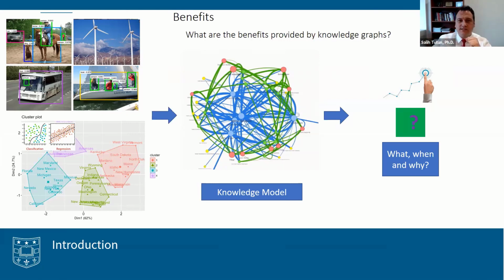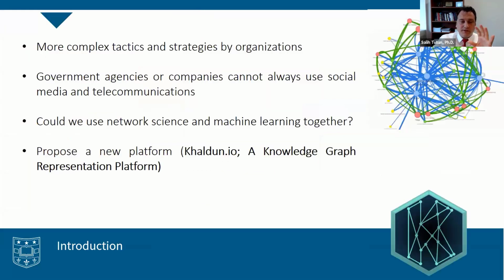So how are we doing this? This is the important part. I believe you wonder. Let's go deep. In reality, let's explain with some introduction. There are a lot of complex tactics and strategies in organizations and governments. Why am I talking this way? Because this is a kind of game. If the robot is going to make a decision, it is supposed to understand this kind of issue. For example,